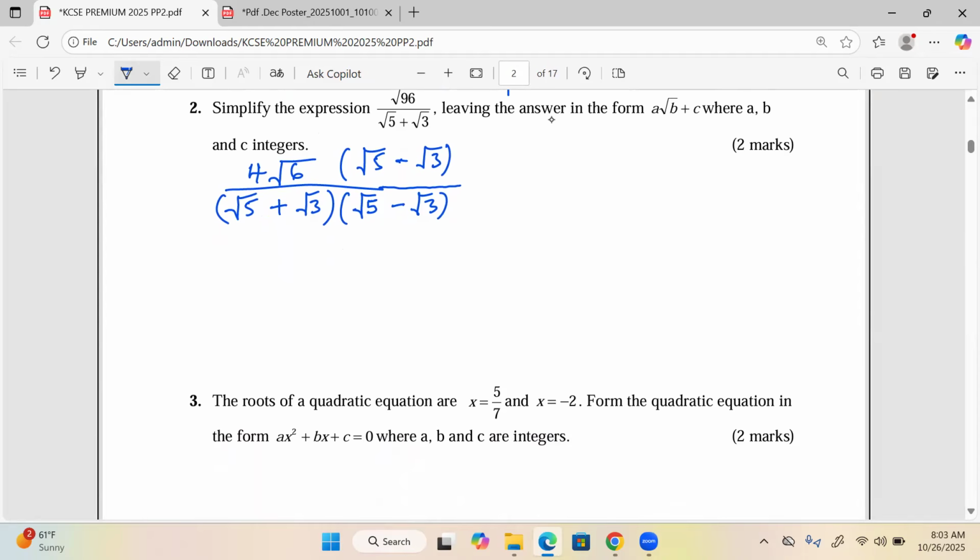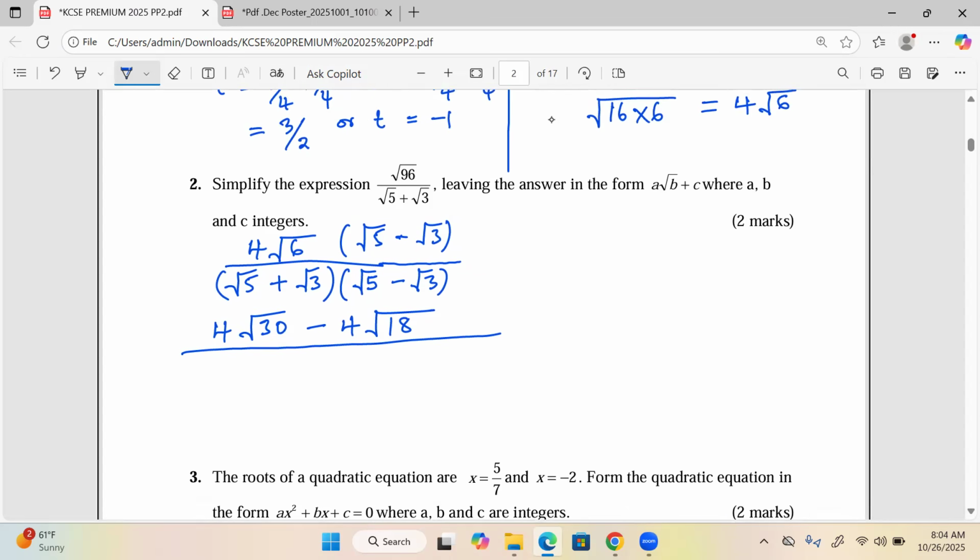So let's expand the numerator, giving us 4 the root of 30 minus 4 the root of 18. Then this should be divided by, now we also rationalize the denominator. It's good for you to know that when a surd is multiplied by its conjugate, we get a rational number. But looking at it technically, what it gives us is what we call a difference of two squares,